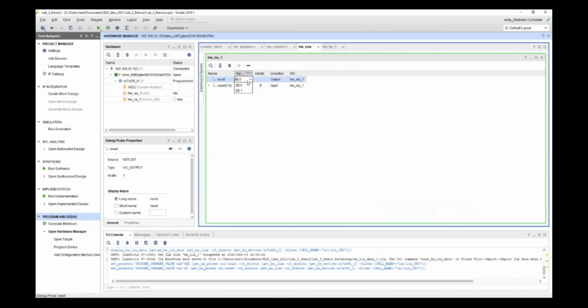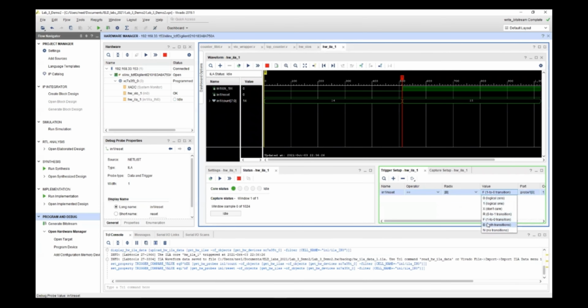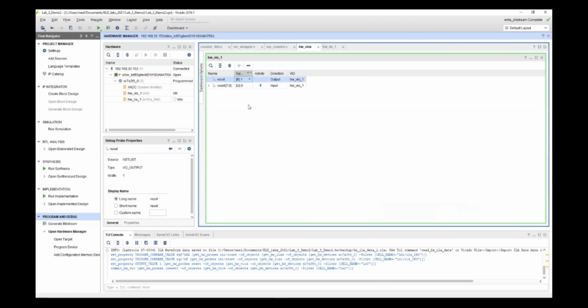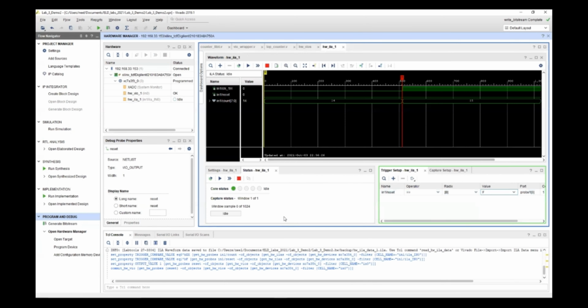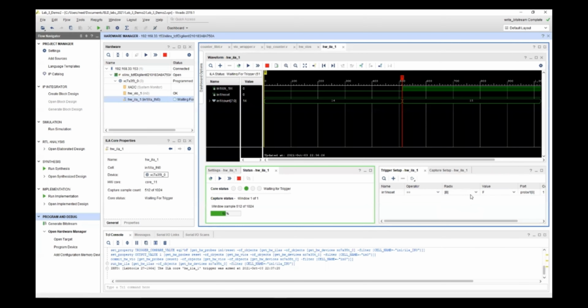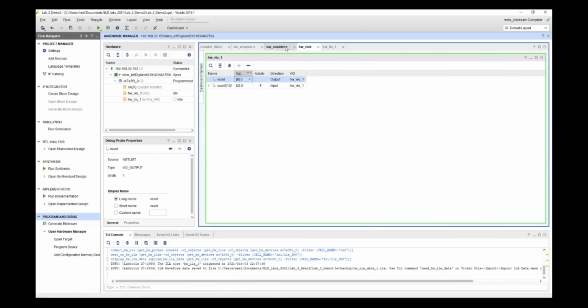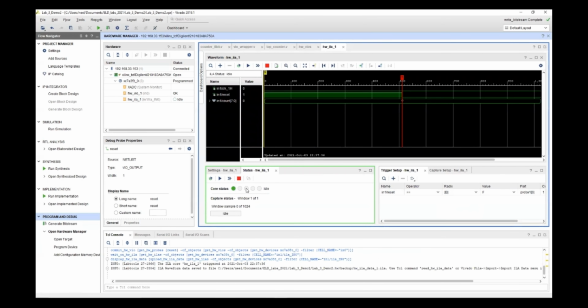So I'll change the reset from, it was from 1 to 0, right? So I change the reset from 0 to 1. Now it has not been triggered. Oh, I haven't run it. So you first need to run it after deciding an event. Now you can see that if I change from 1 to 0, the event gets triggered as well. The event got triggered and then it came back to idle. And as you can notice here, it has changed.